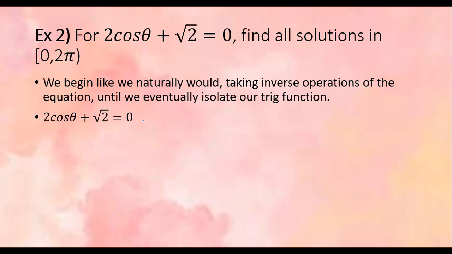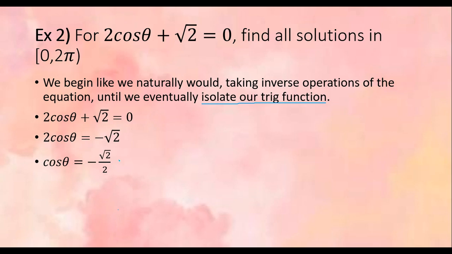If I were going to isolate everything, I would subtract radical 2 on both sides. This leaves me 2 cosine theta equals negative radical 2. Again, the next inverse operation would be to divide by 2. This gives me cosine of theta is negative radical 2 over 2. And in order to isolate my trig function,